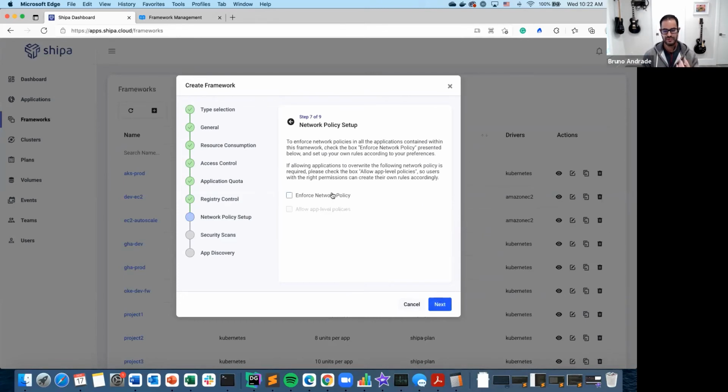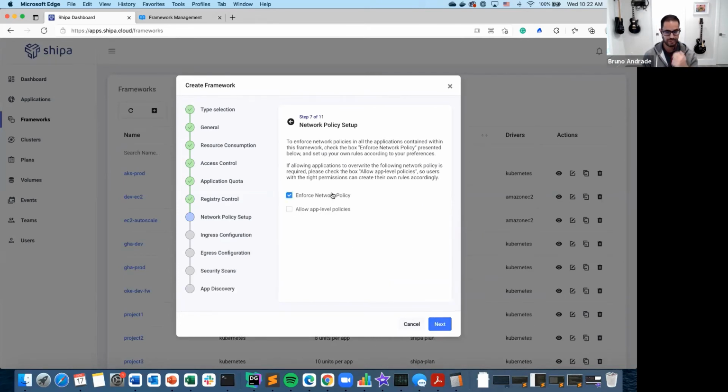You can define default network policy. So you can say, hey, for applications deployed using this policy framework, I want to enforce some default network policies, but I also want to enable the developer or the owner of the application later to change those policies. And you're going to see how cool they look, and much easier than having your developers to actually drill down